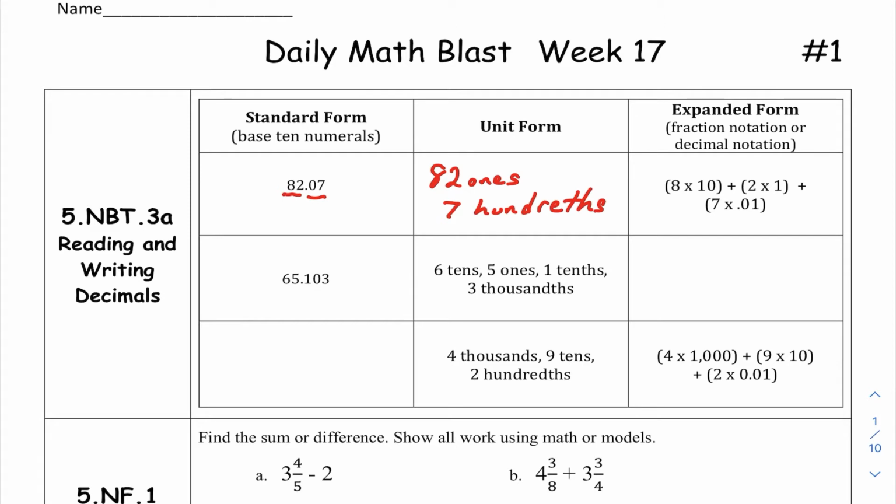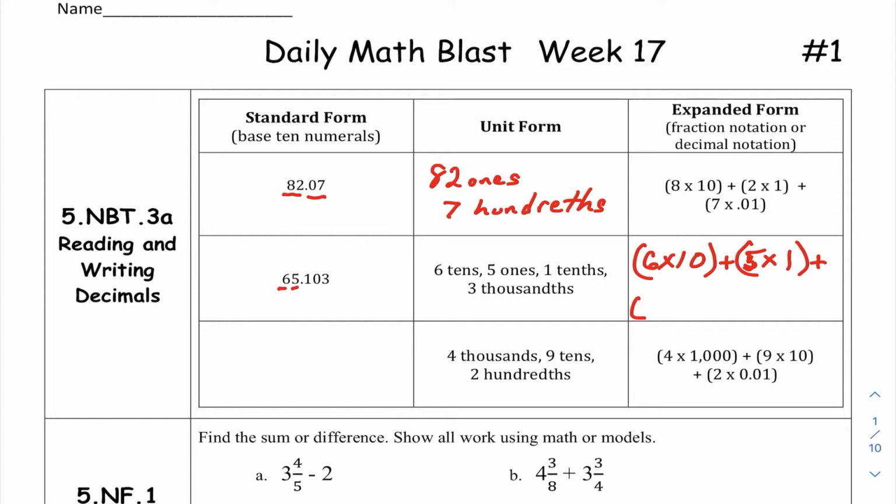In our next line, we have standard form and unit form, and I'm going to write this in expanded form. Now I'm going to use decimal notation since we're working on decimals in this section. So I have 65 and 103 thousandths. So I'm just going to write the value of each digit. So I have 6 tens, so 6 multiplied by that 10, plus, so that was the 6, 5 in the 1, so 5 multiplied by the 1